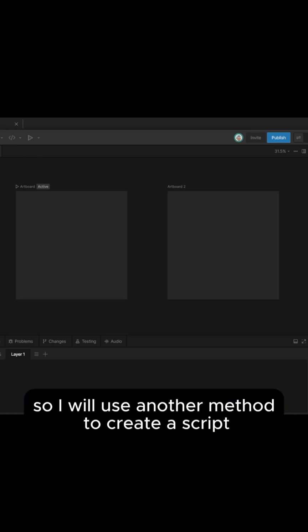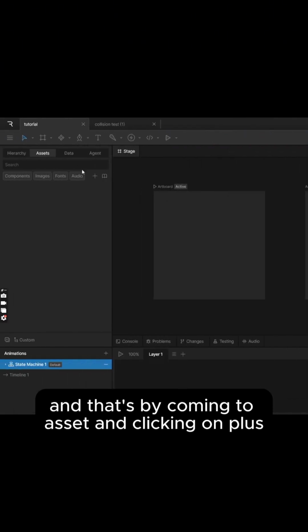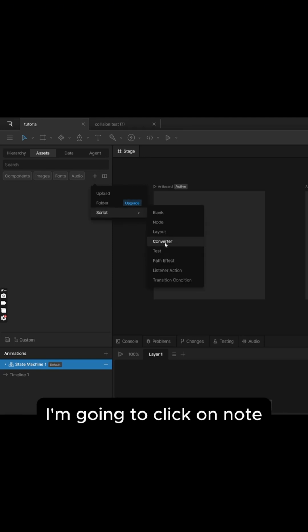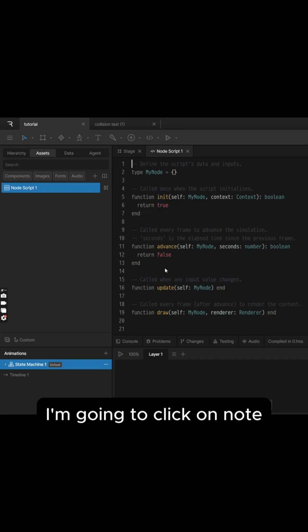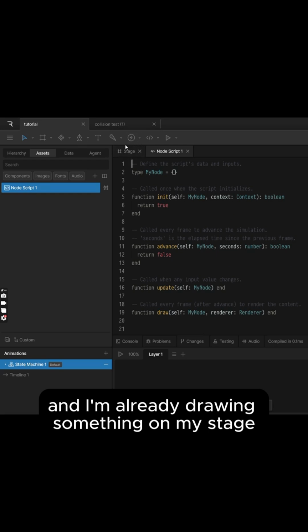So I'll use another method to create a script aside from this button, this two here and this two here. And that's by coming to asset and clicking on plus. And I'm just going to choose scripts. I'm going to click on node. And let's say for instance, I am working on this node script and I'm already drawing something on my stage